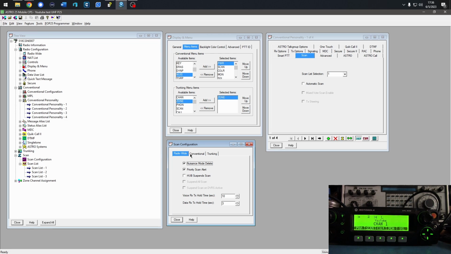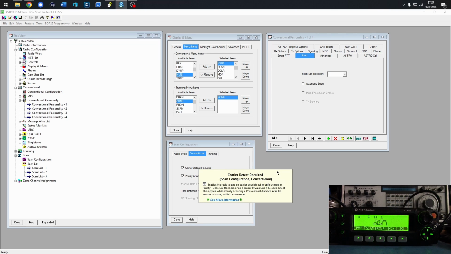Okay, so let's move over to the conventional tab. Carrier detect required. So let's do what's this. Enables the radio to land on carrier squelch, but to only unmute on priority scan list members or on properly PL tone code detect. So basically what this means is,